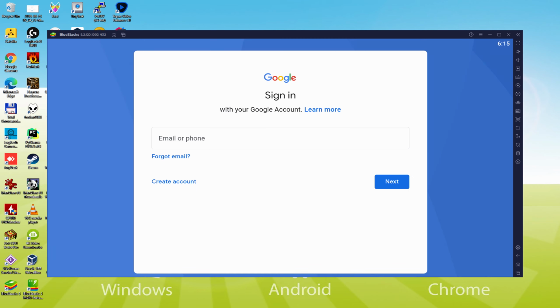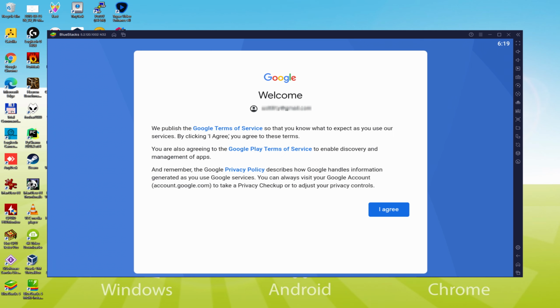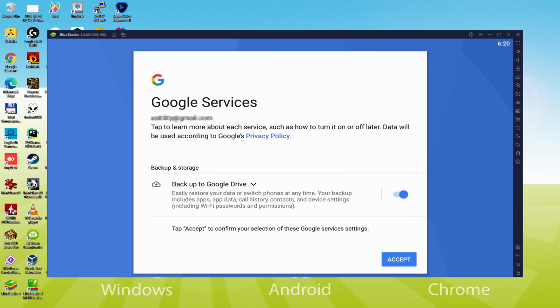In this case, you can try to log in after a number of hours, it will very likely be fixed. At this time we are going to provide our email and password. The email address is required to be a Gmail email and its associated password. For instance, you may use the very same email you are using at the moment in your YouTube account. So I will type in my details and I'll go back after I have done it. Voila, data typed. And here is Google welcoming us and presenting its terms. We are going to accept them all by simply hitting I agree. Following that, it offers us to back up to the Google Cloud.